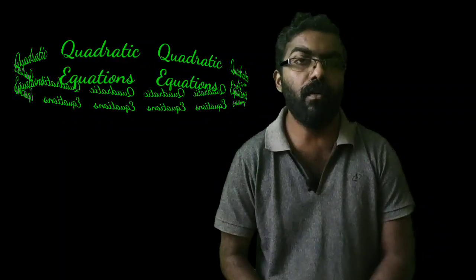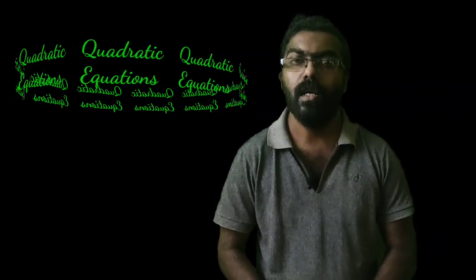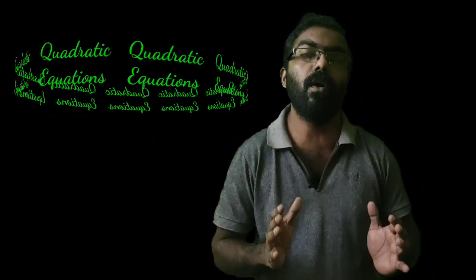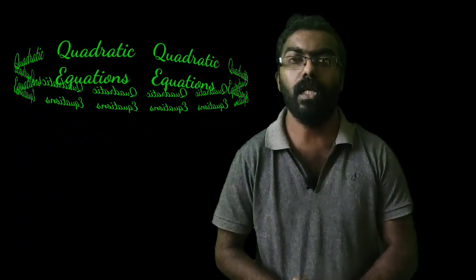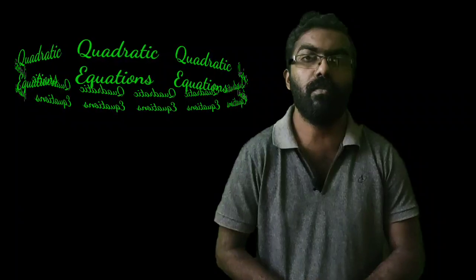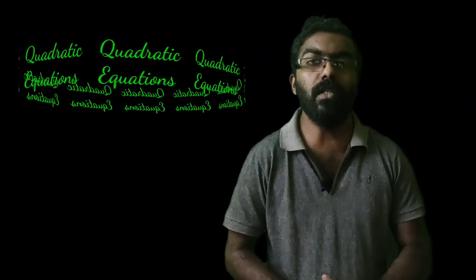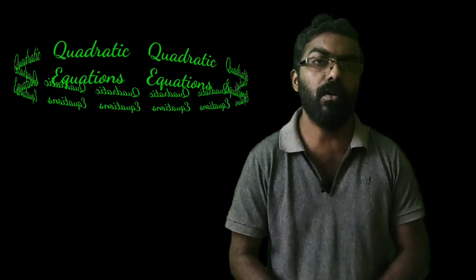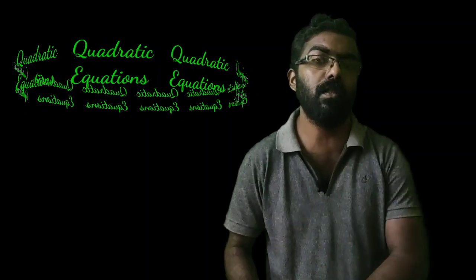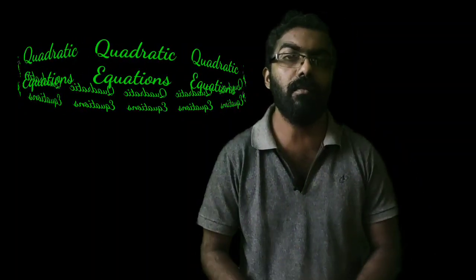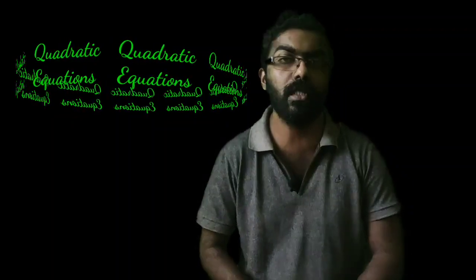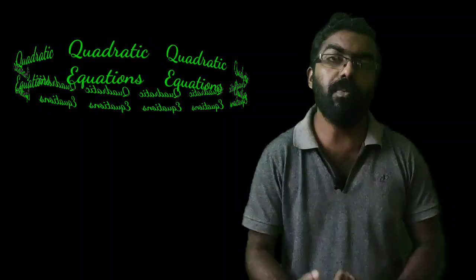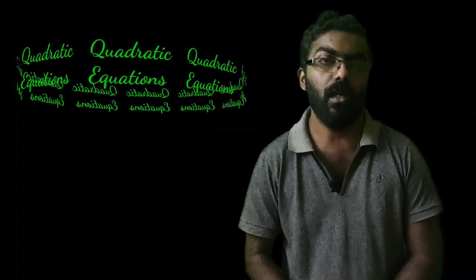And we have a standard form for a quadratic polynomial, and it is nothing but ax square plus bx plus c, where a is not equal to 0, a, b, c are real numbers. It is the standard form or general form of a quadratic polynomial. And we can say any polynomial with a degree 2 can be termed as a quadratic polynomial. It's not necessary that it should be ax square plus bx plus c is equal to 0. We can say p of x can be considered as a quadratic polynomial if p of x is a polynomial of degree 2. If we equate this quadratic polynomial to 0, we will get a quadratic equation.